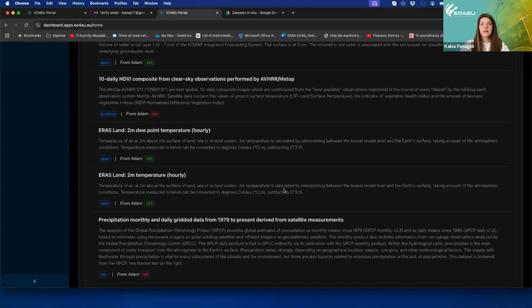Of course, to be covered through a common API, if you can say, and of course under a common metadata description of